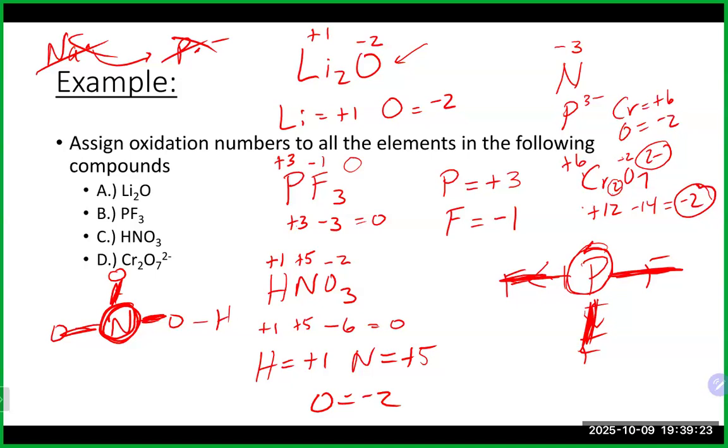Super important when you're doing redox and balancing it, because you need to understand what is being oxidized, what is being reduced, and how many electrons are involved in that. Any questions on that there? Okay. All right, so now that we know how to assign it, and we talked about just basic